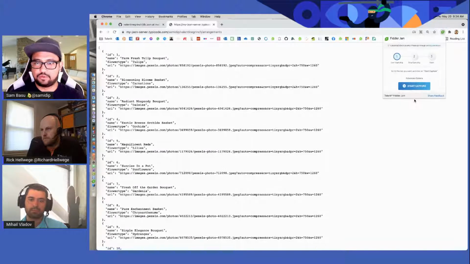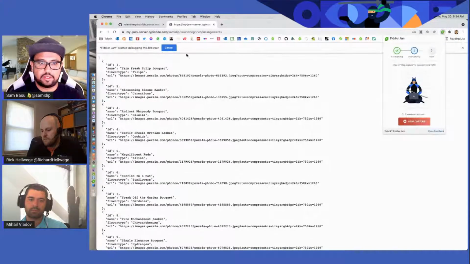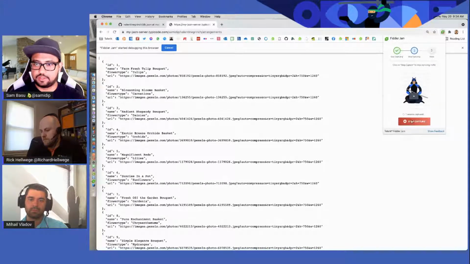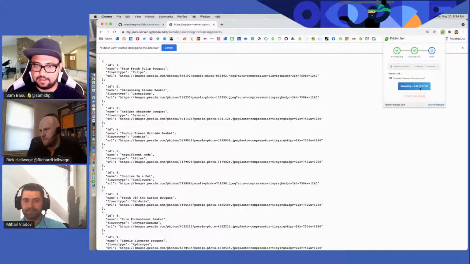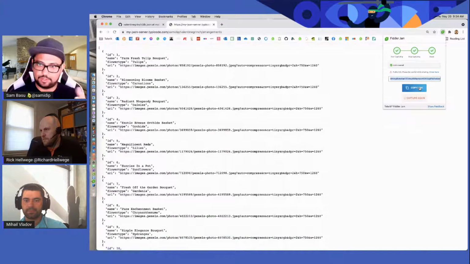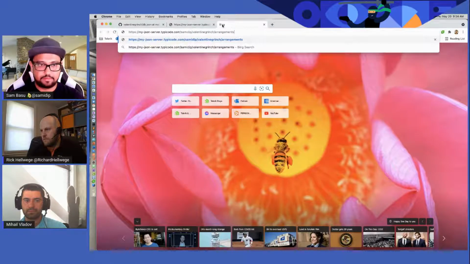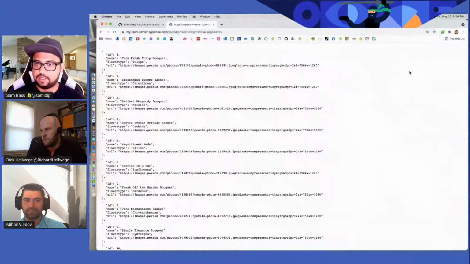So if I do capture again, and then I can start the capture, it has started, and I can refresh this. And looks like it is done capturing. So we're going to stop this. One session captured. Get the link. What it does, it just captures the entire session that was done. And we have that copied, and we can open this up. No, not that. Where's the link? Give me the link.